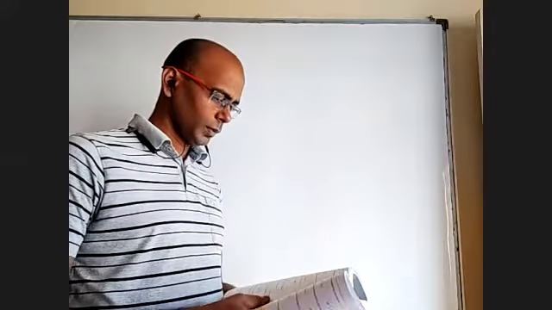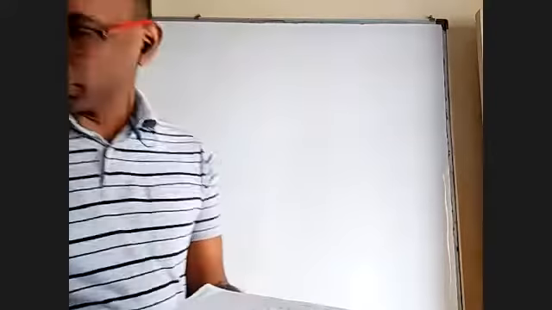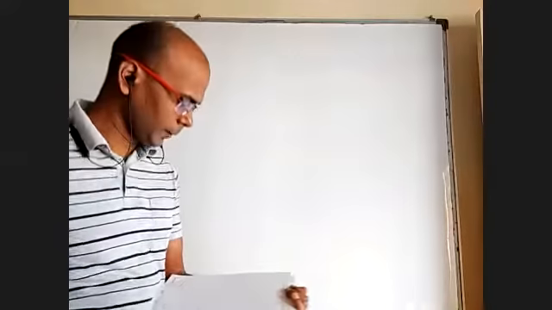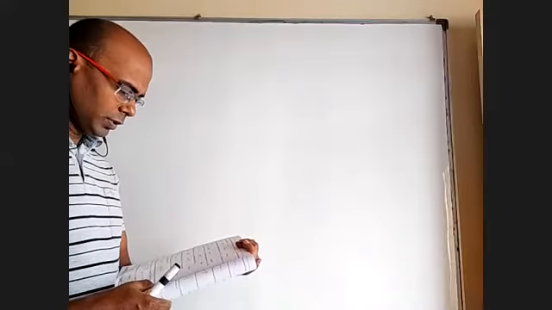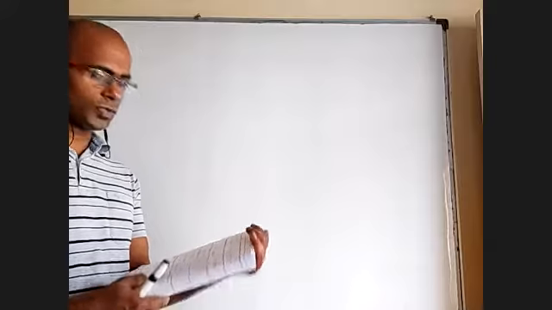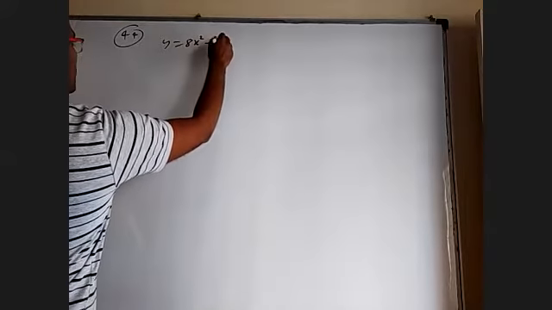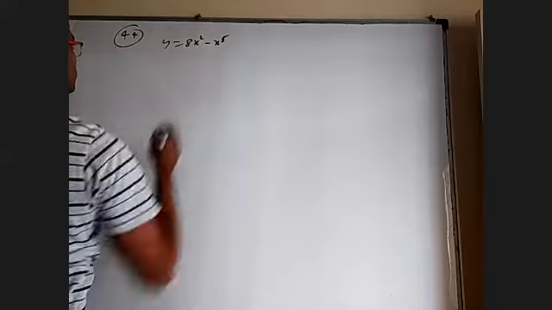Question 44. Okay, the value of C for which, yeah, this question has to be done carefully. The value of C for which the area bounded by the lines x equal to 1 and x equal to C, and x axis. First of all, we have to draw the graph. Y equal to 8x square minus x power 5 between 1 and C. What is the graph of this?